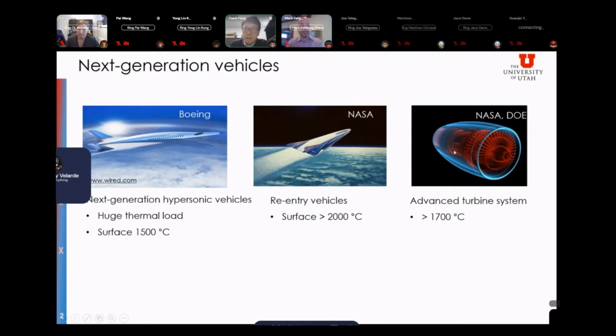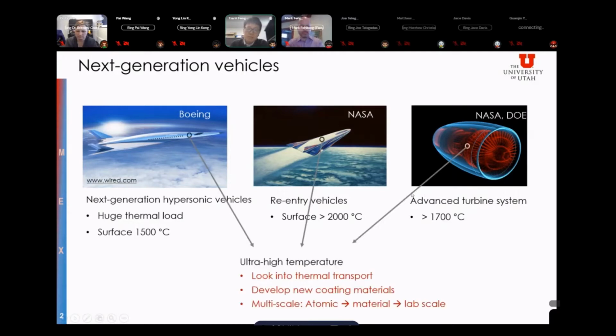Also, the U.S. Department of Energy is developing advanced turbine systems, and they want to push the temperature as high as 1700 degrees Celsius. That's a very high temperature. So our research is to look into thermal transport at such high temperatures, which has not been done before. And we are developing new coating materials which can sustain such high temperatures. The research spreads from atomic scale to material level, and finally to lab scale and